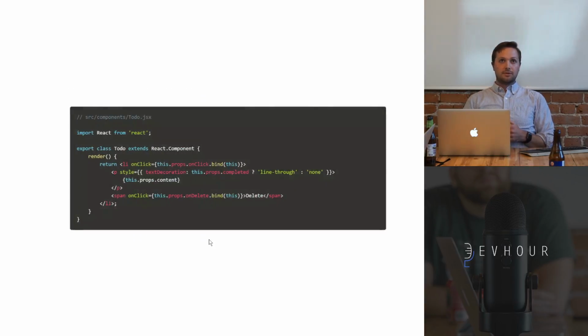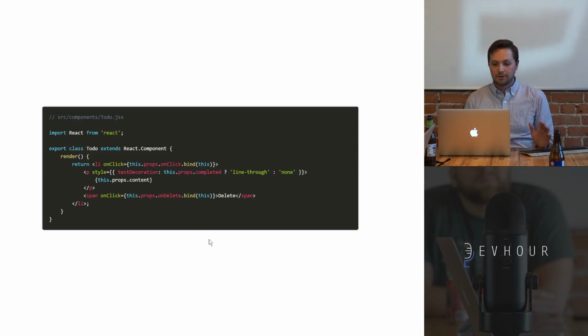So from this to-do list, we can hop into a basic to-do component. And if we look back, let me see if I can get back to our